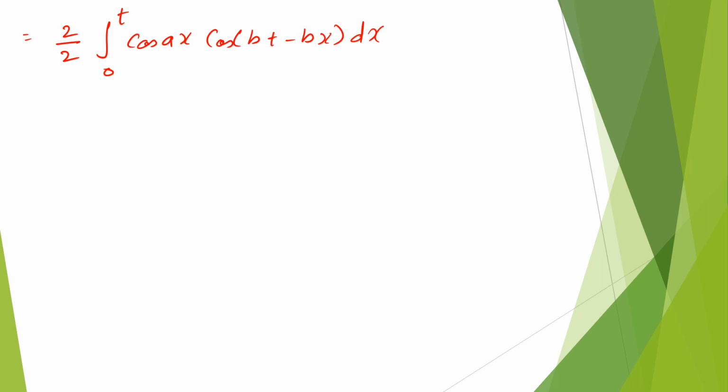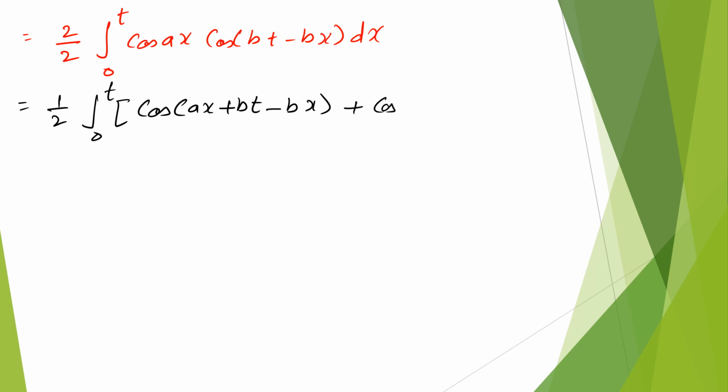So we use the formula 2 cos a cos b, that will be remaining, 1 by 2 is common. Integration is from 0 to t, and the value will be cos ax plus bt minus bx plus cos ax minus bt plus bx dx. Now we just integrate it, we will get 1 by 2. Remember, we are doing integration with respect to x, so the value will be 1 by 2